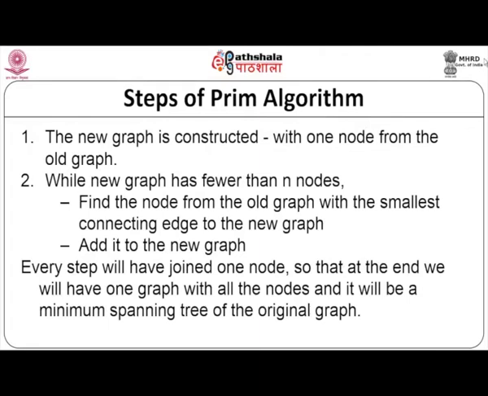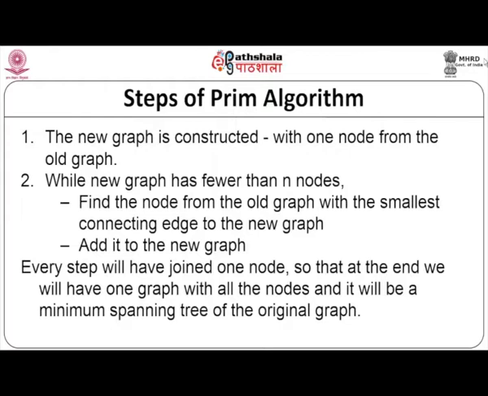Now, what are the steps of Prim's algorithm? The new graph, or the tree, is constructed with one node from the old graph, any node. While the new graph has fewer than n nodes, so you have to account for all the nodes, find the node from the old graph with the smallest connecting edge to the new graph and add it to the new graph or tree. Every step you would have joined one node. So, at every step of the algorithm one additional node comes into the tree, and at the end, the graph with all the nodes will be a minimum spanning tree